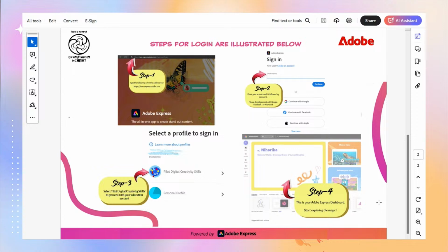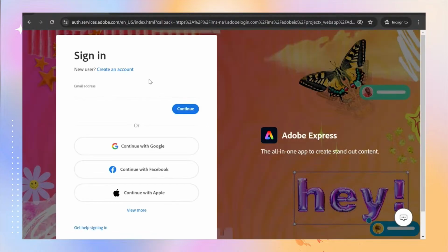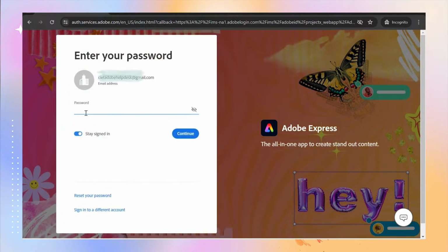Kindly remember to use your registered email ID only. On the first page, please click on the Adobe Express link provided. This will take you to the login page of Adobe Express. On the login page, please enter your registered email ID to proceed into your login. Now enter the password linked with your email ID.